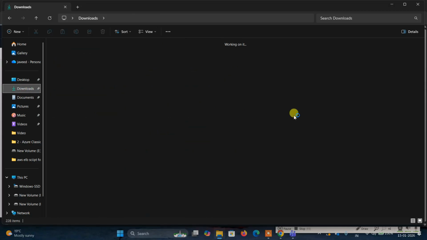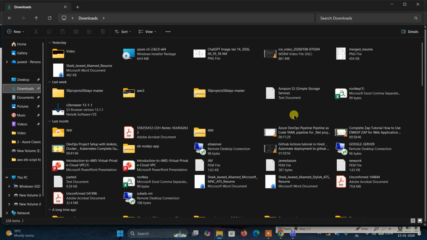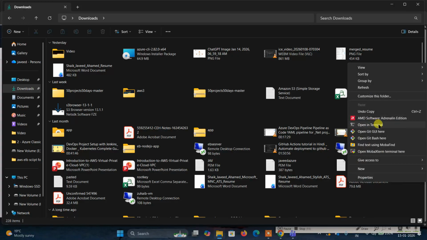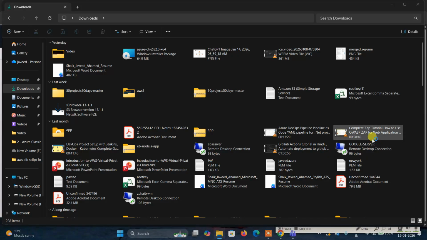I'm just logging into the instance by using the Git terminal. Going into the terminal by using the Git terminal. Then I'm going to put the stress.